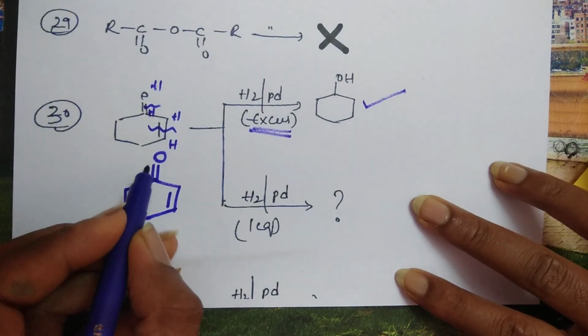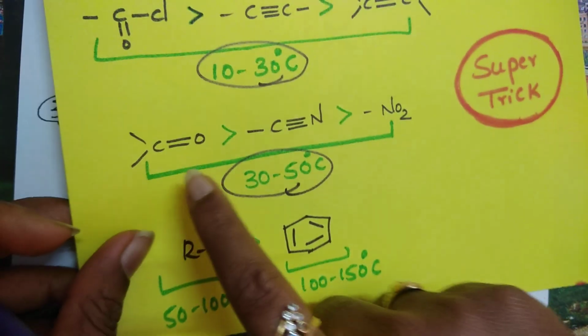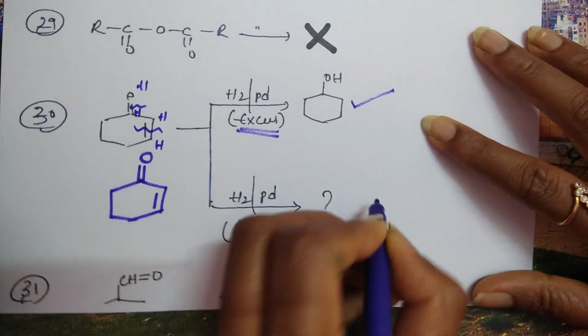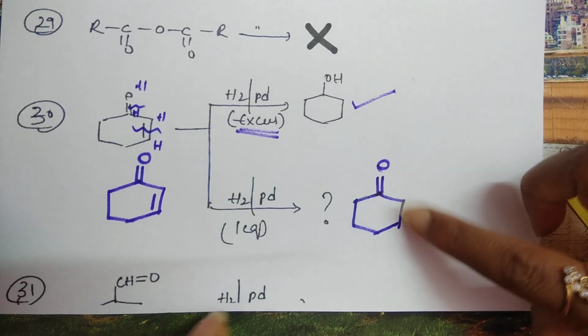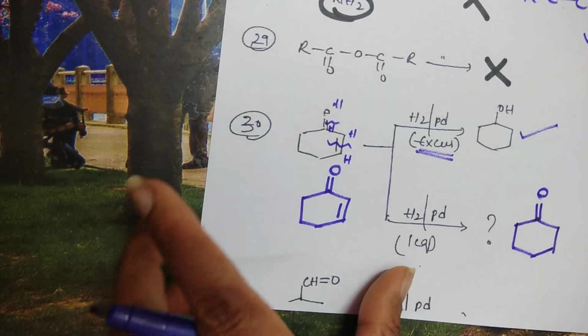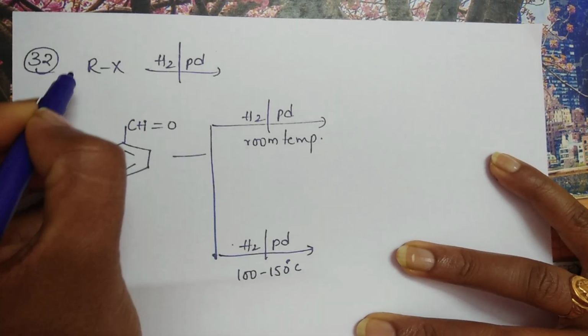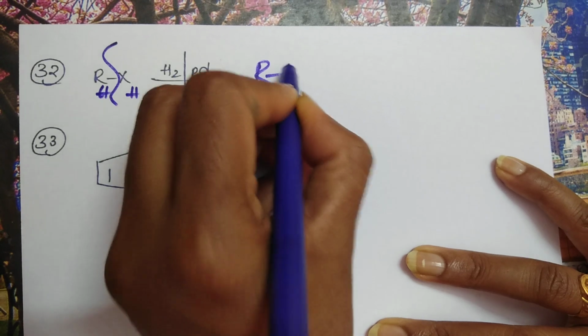Now see here, out of carbonyl compound and alkene double bond, which is more reactive? Alkene part is more reactive. So it will react faster. Then in your product only the double bond will react. The carbonyl remains as it is. See the next question. Then alkyl halides, break a bond, put HH, you get alkanes.